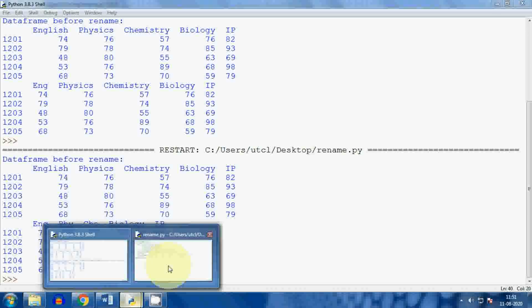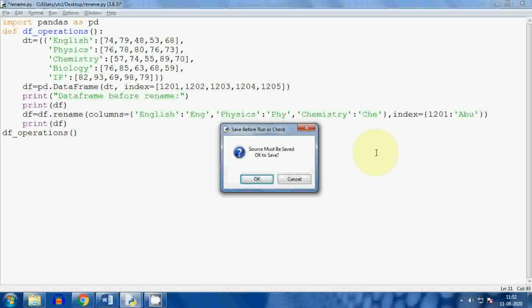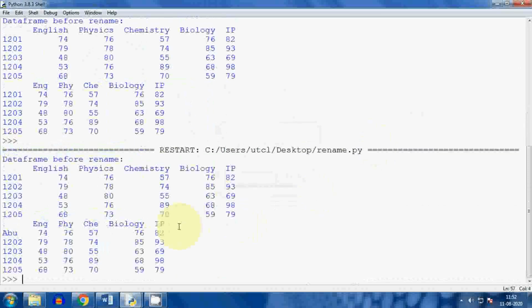So index equal to, in the same manner, provide the index name first, 1201. It should be a name, so I want to put Anu. Here the name is coming. Okay, ABU was written in place of Anu.